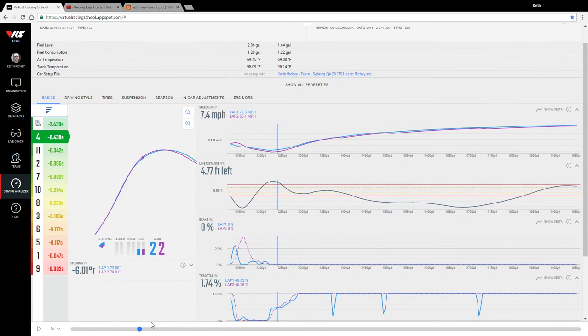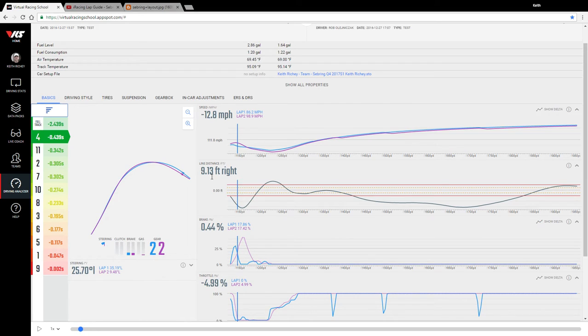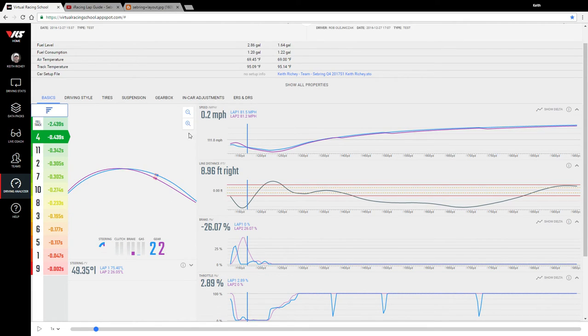So up here, this is interesting to me because this shows that because of my early braking, I'm actually going slower, and the difference right here leaves me off by about 12 miles per hour. That's how much of a difference in speed there is in the different braking zone. And then as we cross right here, we're carrying about the same amount of speed at the same point of the track, but then it will overlap,